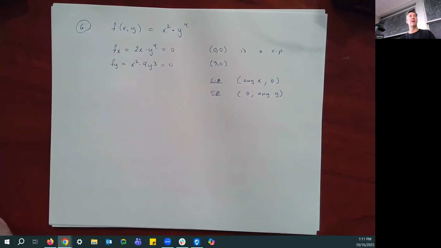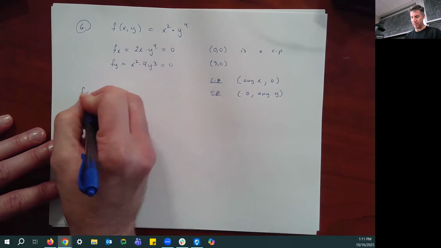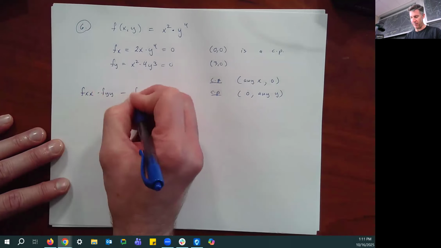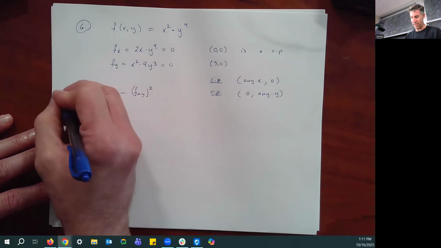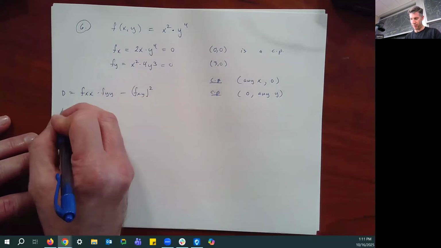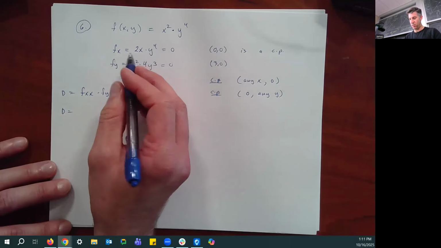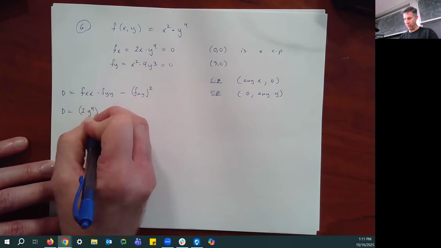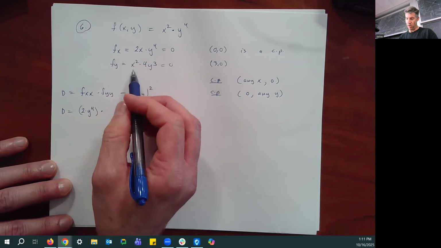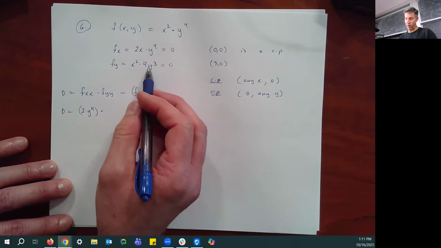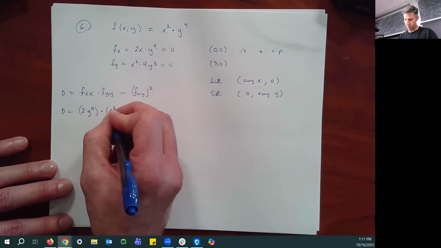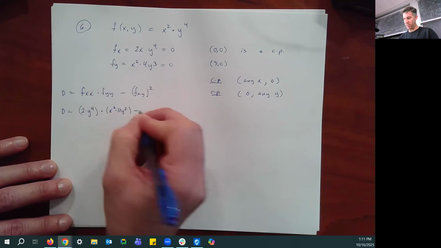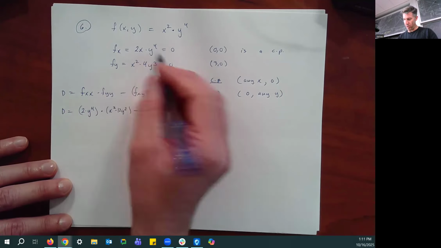So really, there's lots. Now, here's the more annoying part. If we find our capital D, our fxx times fyy minus fxy squared, let's see what that's equal to. Our fxx is going to be 2 times y to the fourth. Our fyy is going to be x squared times 12y squared. And our fxy is going to be 2x times 4y cubed